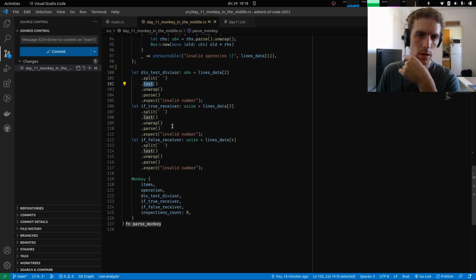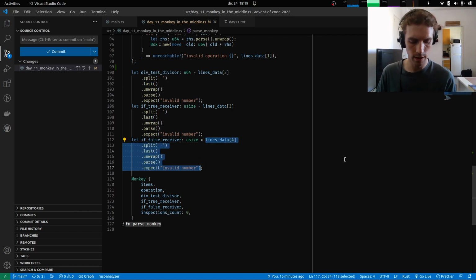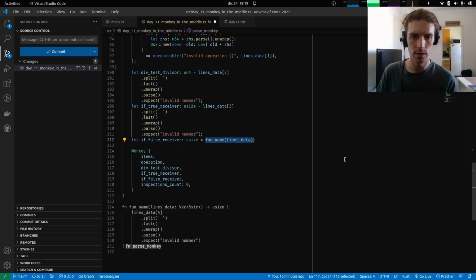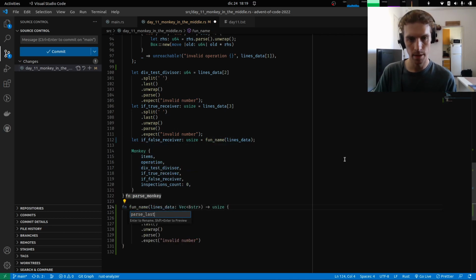Okay, so we can do something like call this thing again, extract it into function, call it parse last word as number,